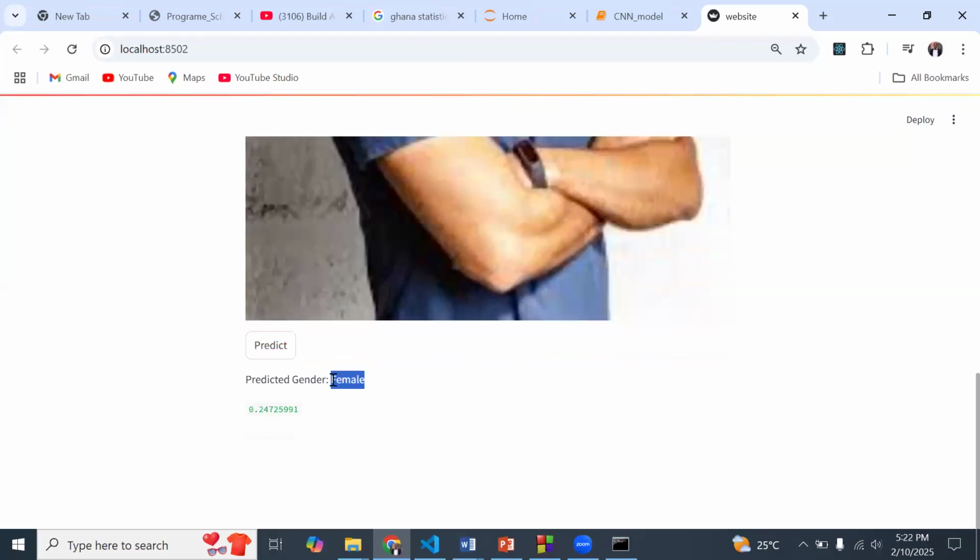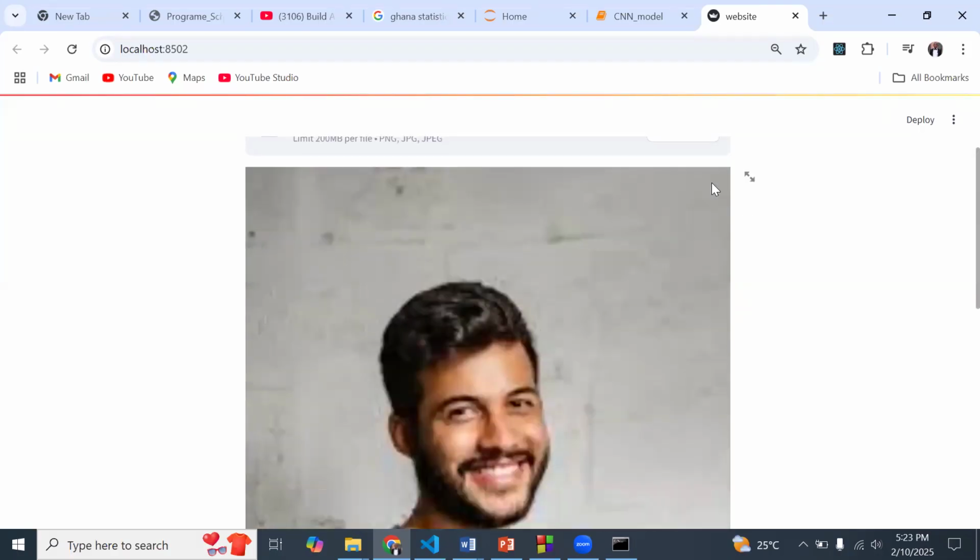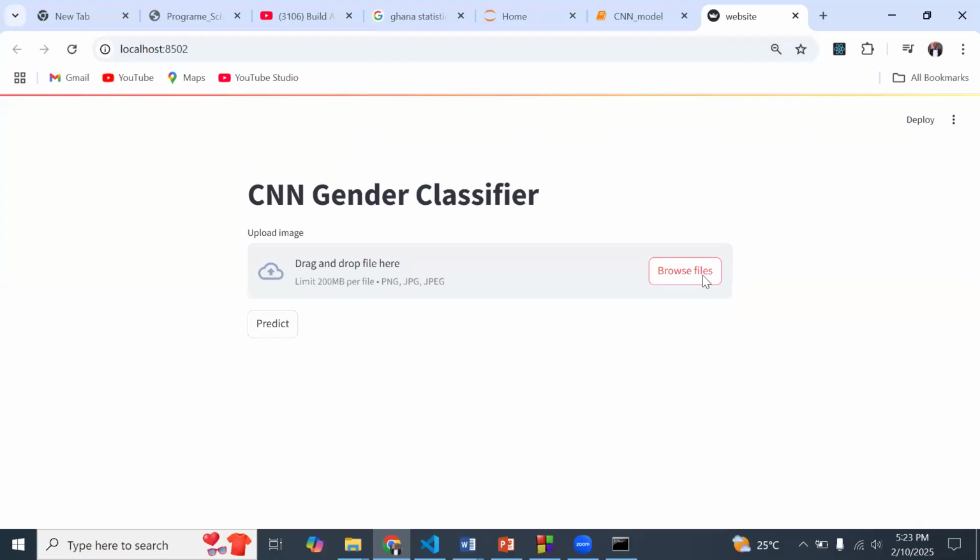This one is a female though, but you can see that it is getting a little bit closer to the 0.5 threshold that we are setting for anything above that to be male. So even though it is wrong, at least it is giving us some indication.